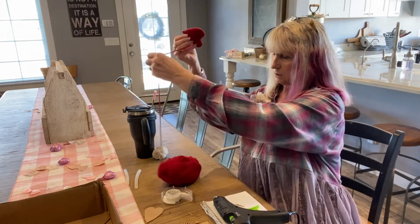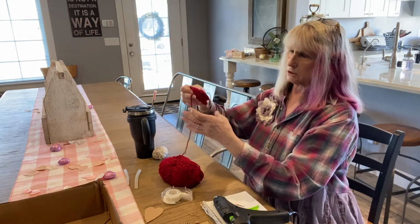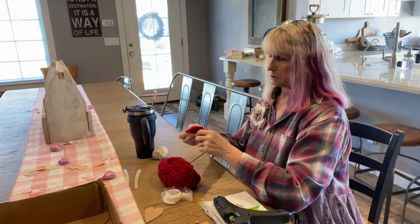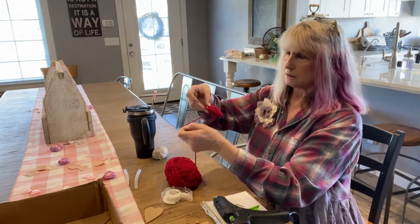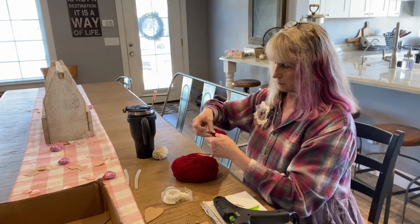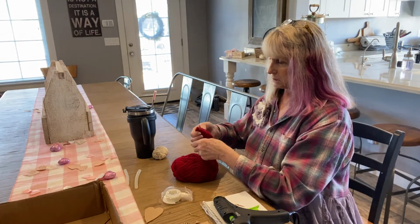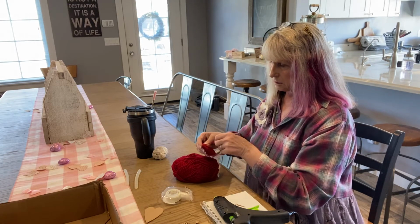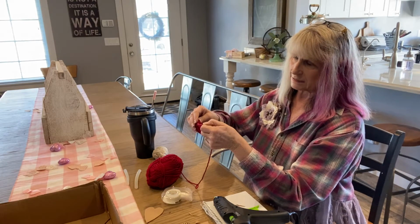Keep going. So I'm not using very much yarn. I just used up that little bit that was loose. Now all I have left is just the end here. And this is just where it gets tricky, because it wants to keep going to the sides. But you just kind of